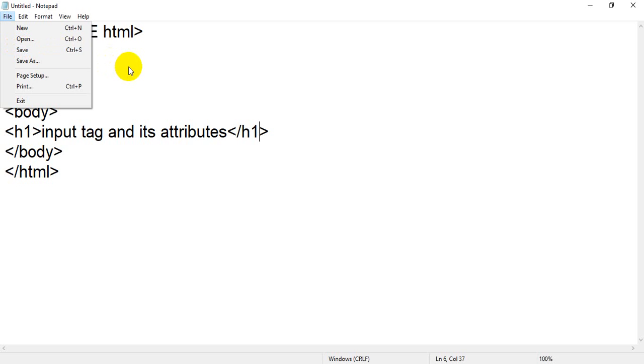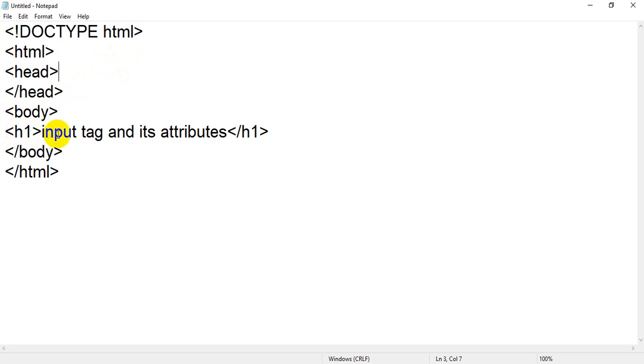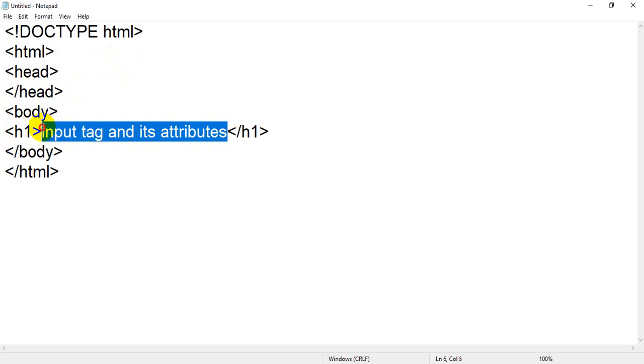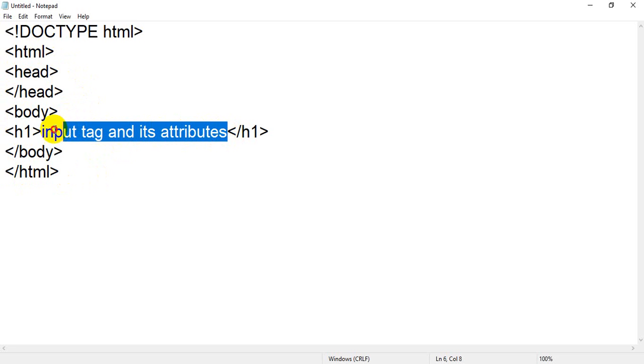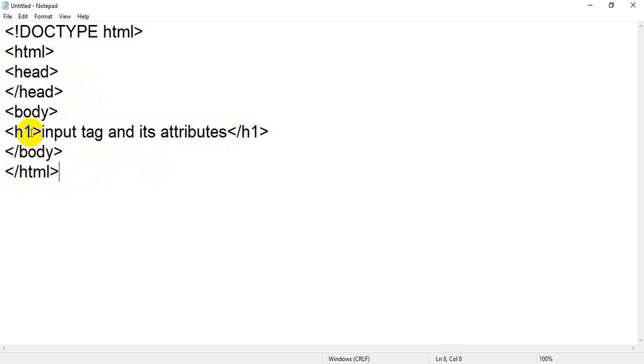Okay, so I have just added a single line. That is, inside the body tag I have added h1. So this is the input tag, and this is the content. This content will display and all other things will not display. Why? Because these are supporting tags which help to display some content. And what is the content? Which is written between the two tags. So this line, this word will display, and what is h1? That is the highest heading, so this content will display as a heading, or larger in size.